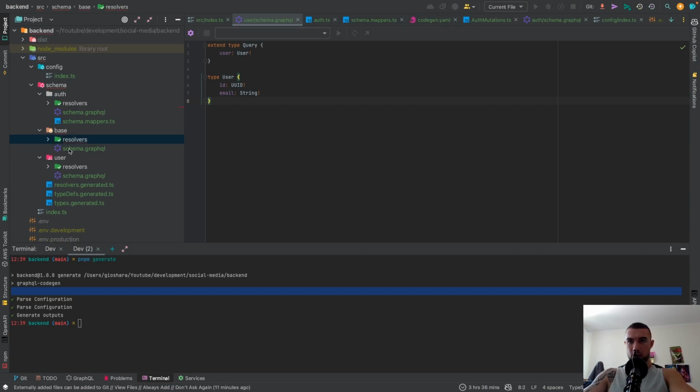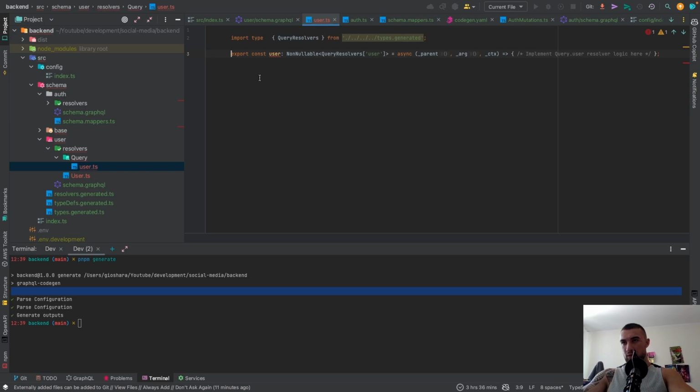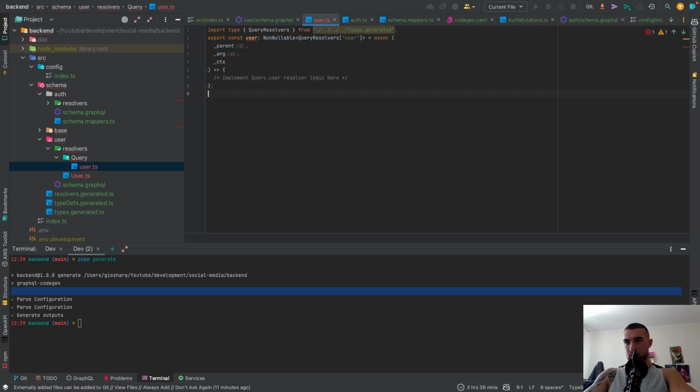So if we go to user resolver, and then inside of it we have a user query, it obviously returns a user object with the email and ID, and here we can basically say